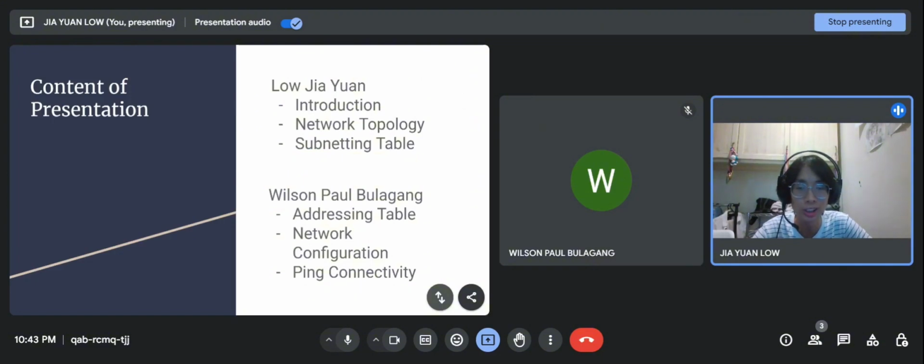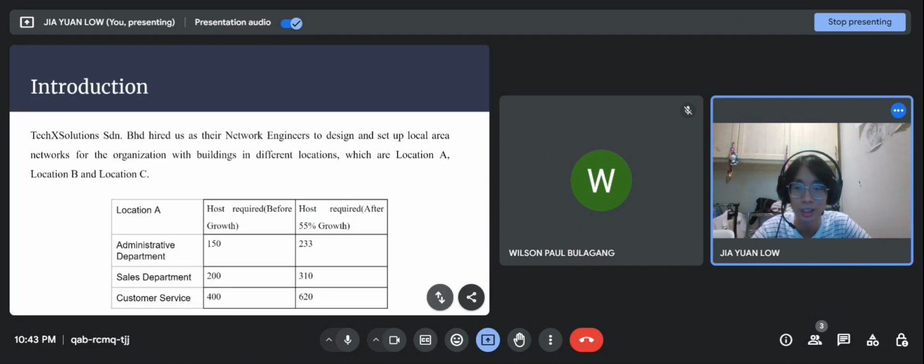The content of presentation is divided into two parts. I am presenting the introduction, network topology, and subnetting table, while Wilson is presenting for addressing table, network configuration, and pin connectivity. Introduction: TechX Solutions hired us as their network engineers to design and set up local area networks for